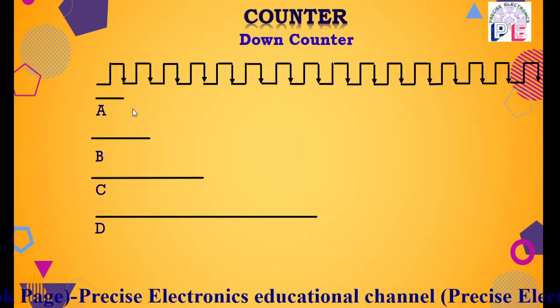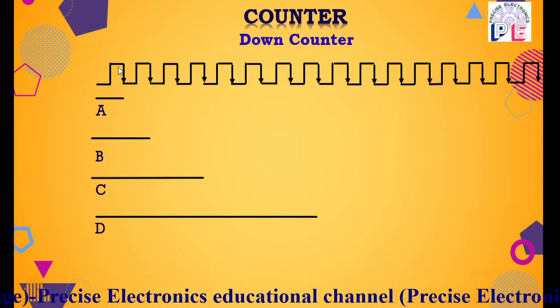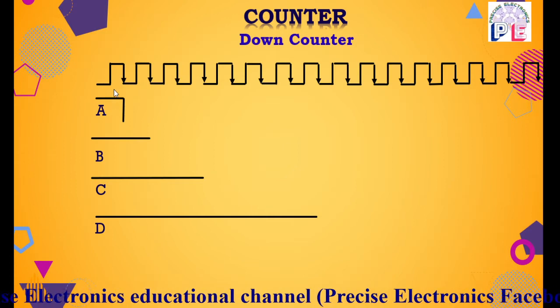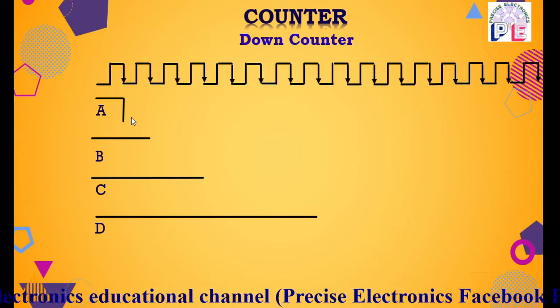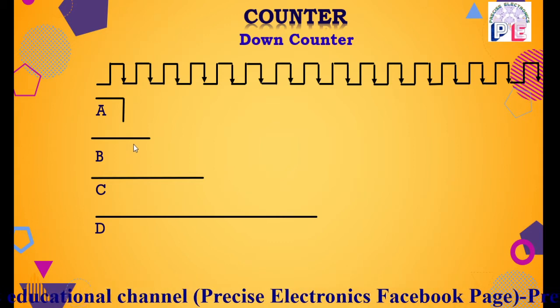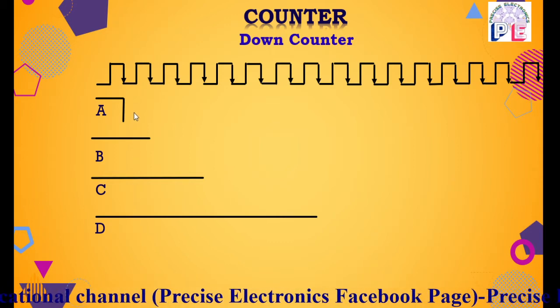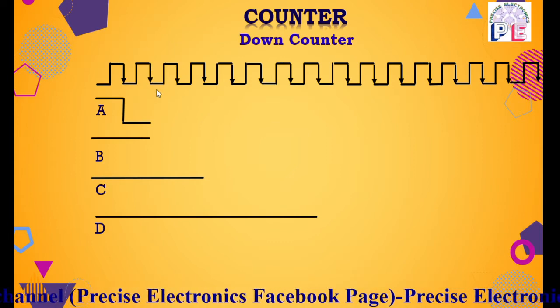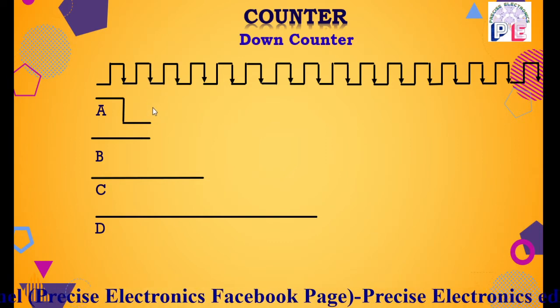When the first clock appears, at the negative edge of the first clock pulse, the A flip-flop toggles and a transition of state occurs from 1 to 0. There is no change in the B, C and D flip-flops. So the output of the counter is now 1110.